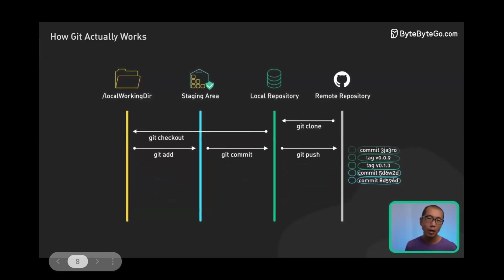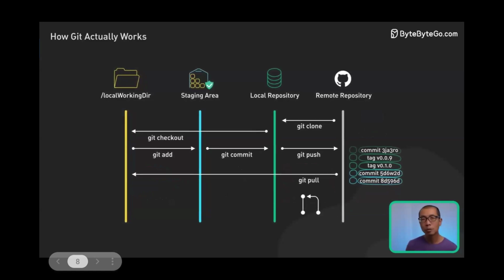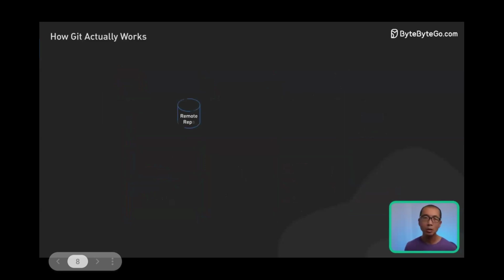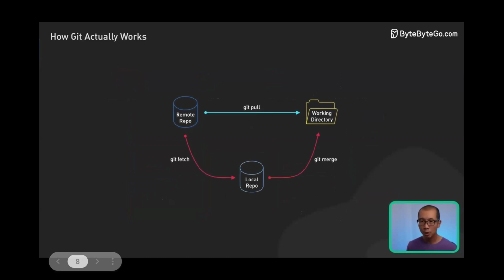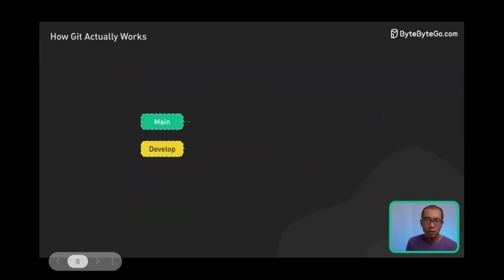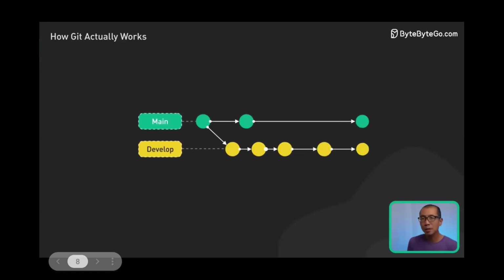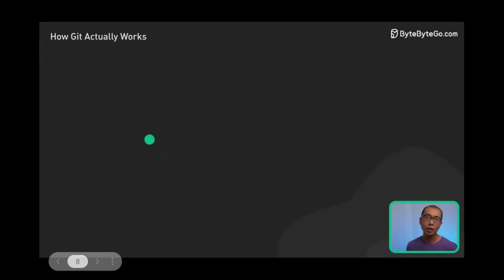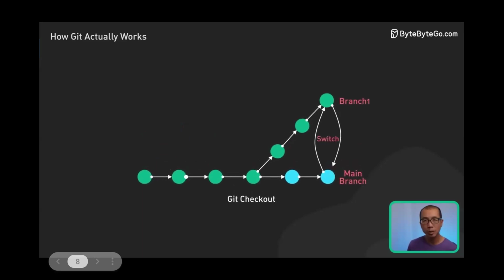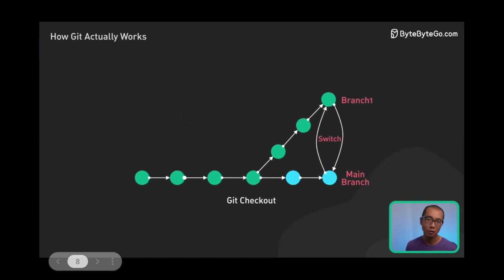Collaboration in Git is a two-way exchange. To integrate your teammates' work, you use git pull, which fetches changes from the remote repository and merges them into your local repository. It combines 2 commands, git fetch, which grabs the latest updates, and git merge, which integrates these updates with your work. There are times when you need to switch context, perhaps to fix a bug on another branch. That's where git checkout or git switch comes in. It allows you to switch between different branches to work on specific features.